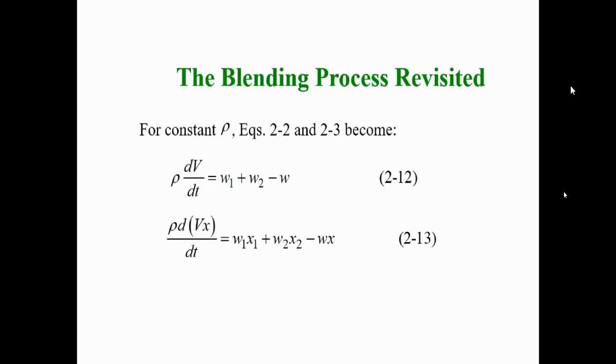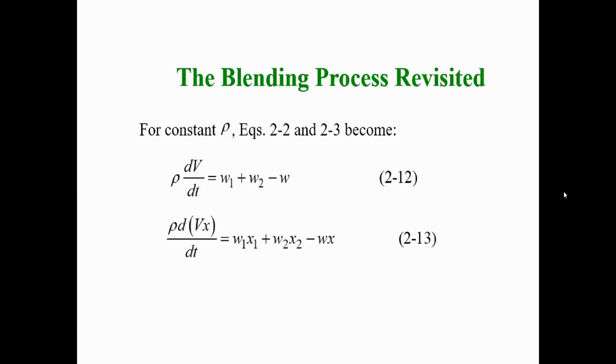So if we revisit equations 2.2 and 2.3 from last week's lecture, now we are applying the differential equation to it. The density rho is a constant, so I take it out of that derivative dV/dt and put it aside. So rho dV/dt equals w1 plus w2 minus w. And with regard to concentration x, we have rho d(Vx)/dt equals w1 x1 plus w2 x2 minus